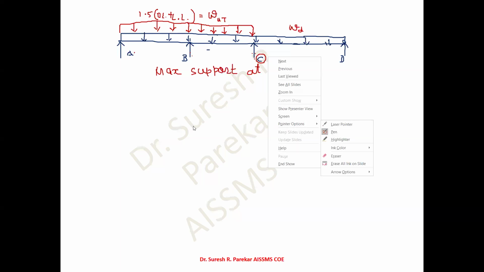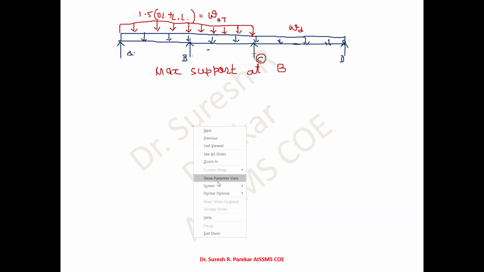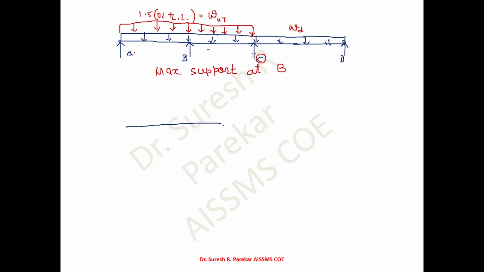Then we have the second condition, that is for maximum span moment. They have mentioned over there that for maximum span moment, we have on that span total load. Adjacent we have only dead load. So if I will mention over here,